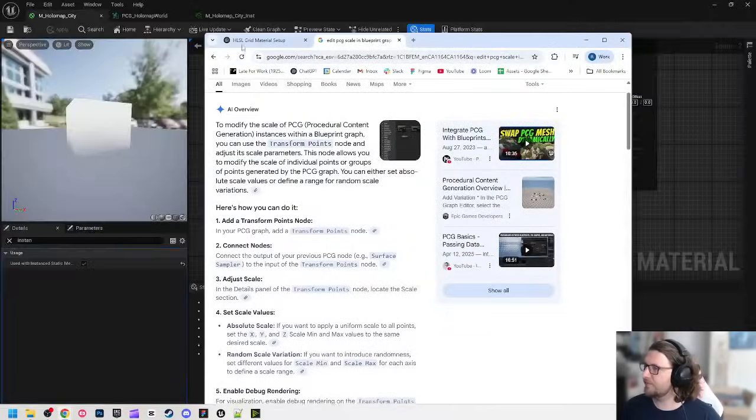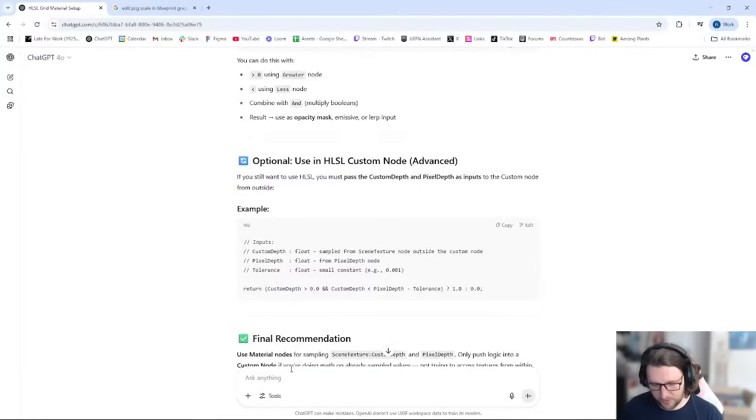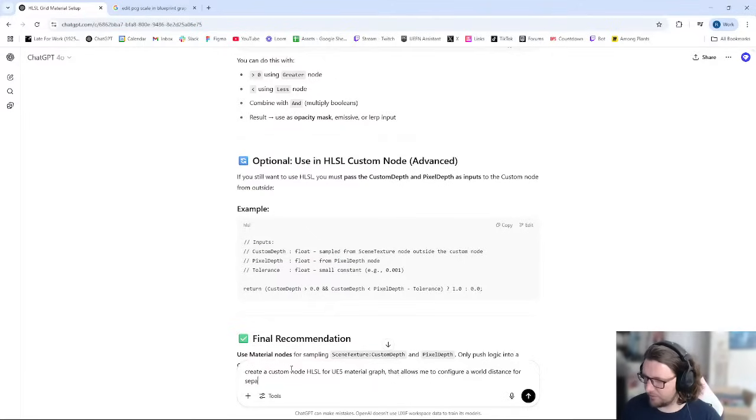Let's have a look. HLSL grid here. I want to just create a custom node HLSL for UE5 material graph that allows me to configure a weld distance, yeah, for separated vertical lines on